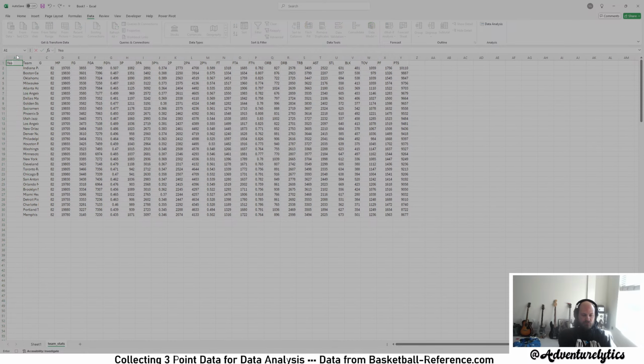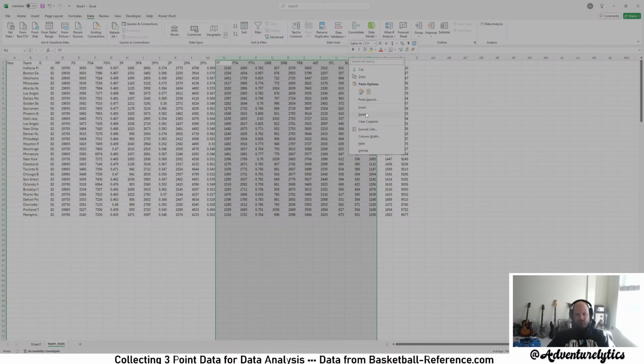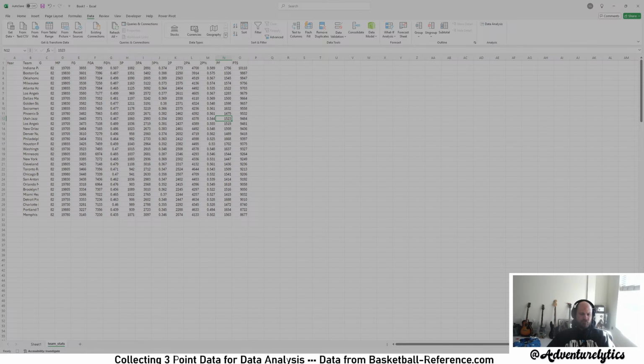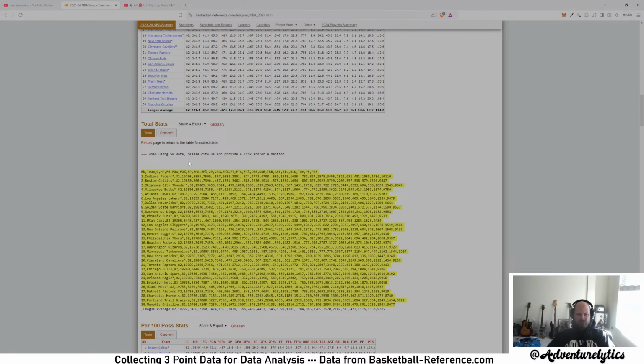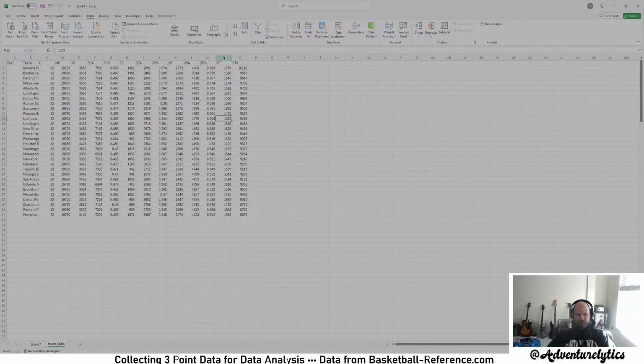Insert a year. Insert free throws. I don't need all that stuff. I need to steal some blocks. What's PF and PTS? Personal fouls, points. I want to get rid of personal fouls.